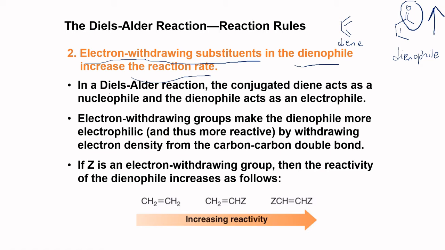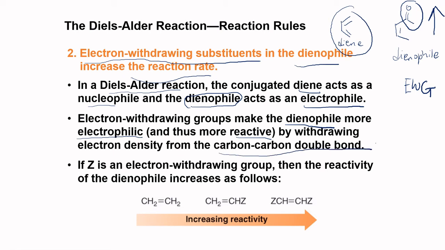In Diels-Alder reaction, the conjugated diene acts as nucleophile and the dienophile acts as electrophile. So if we have an electron withdrawing group, it will make the dienophile more electrophilic, thus more reactive, by withdrawing electron density from the carbon-carbon double bond. So if Z is an electron withdrawing group, Z meaning the substituent at the dienophile,